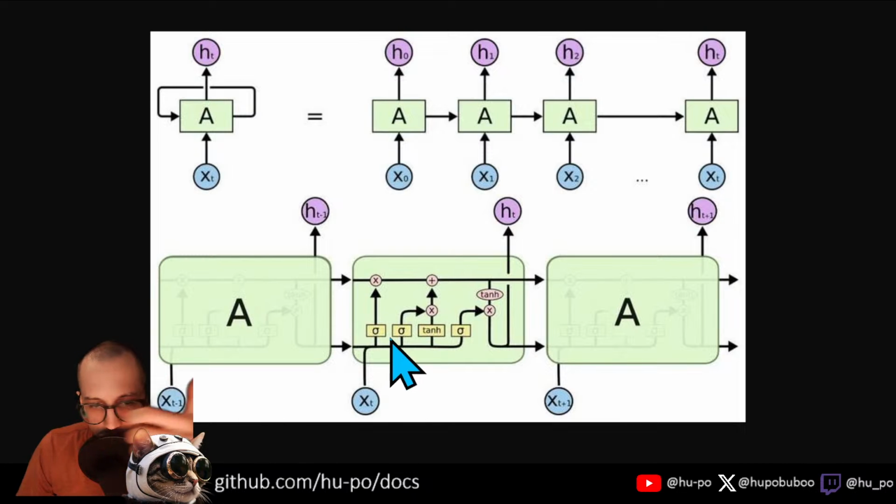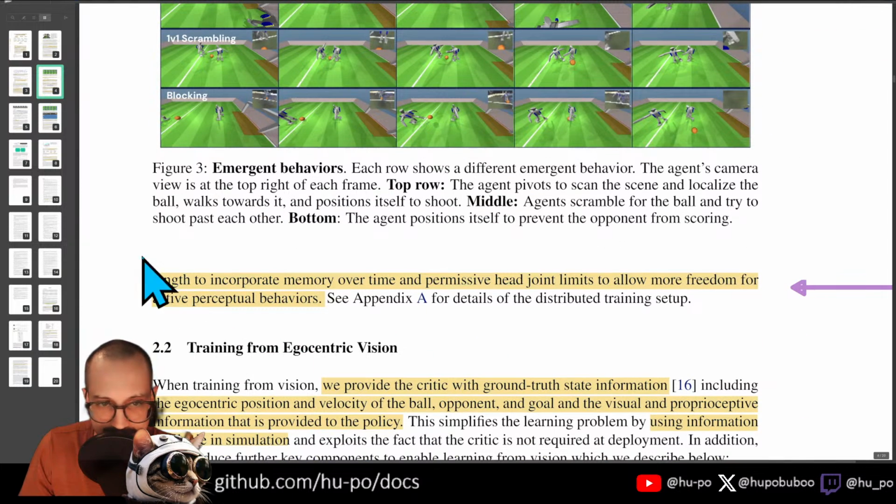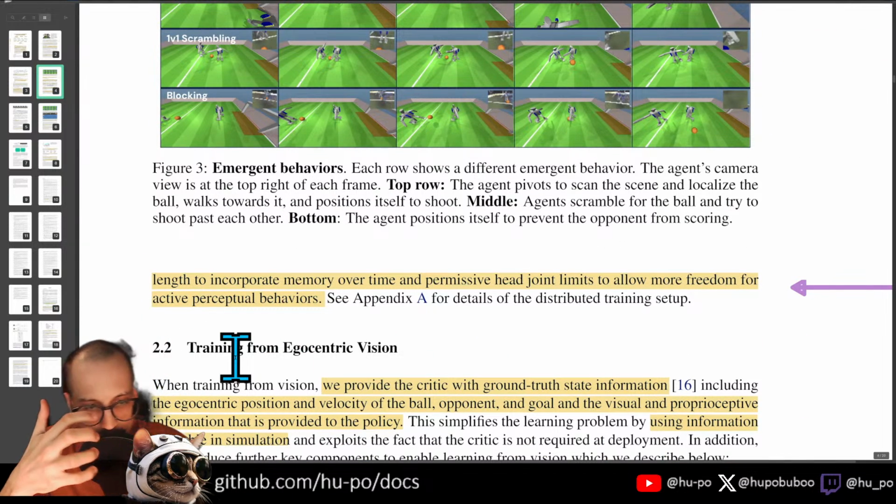How far back you're looking in time is a hyperparameter that you have to pick, right? So is your LSTM just looking at the past 5 states, or the past 20 states, or the past 100 states? The longer you look back in time, the more information you can get, especially for something like this, where if you only look back one state, you might not even see the ball, right? You might not be able to guess where the ball is if you only have access to the 2 previous frames. So a long unroll length here means that the LSTM has access to a long previous time horizon,